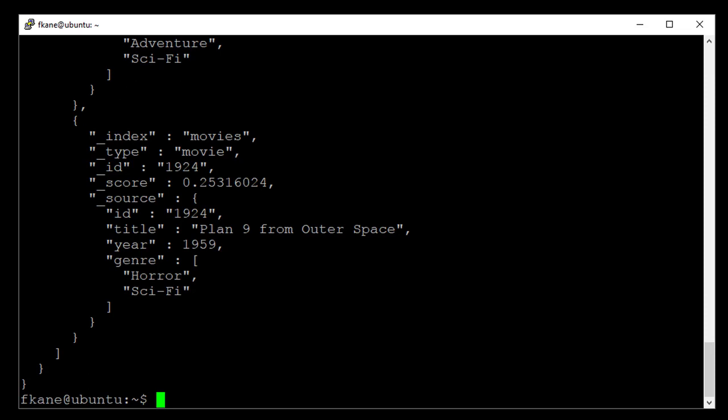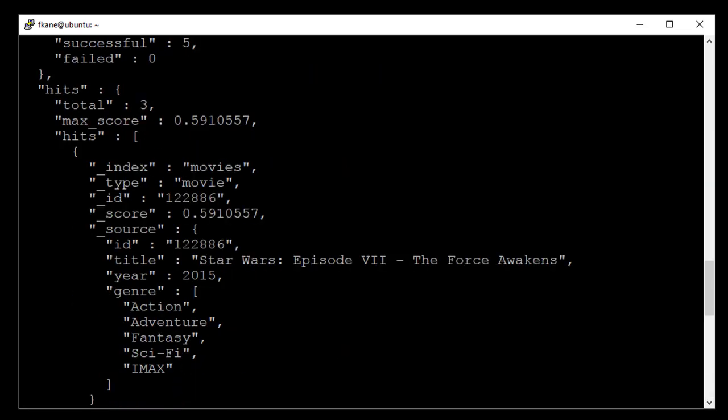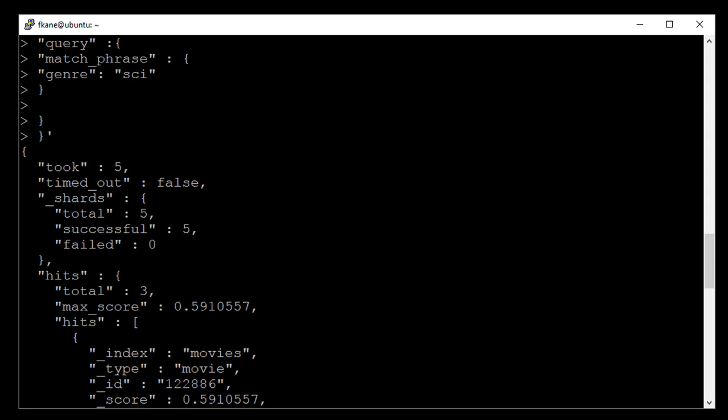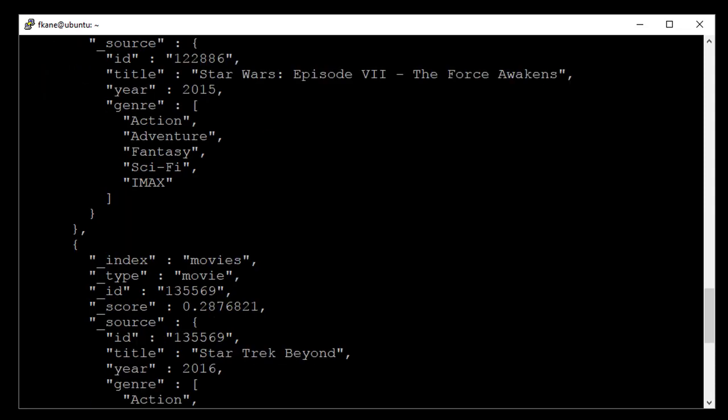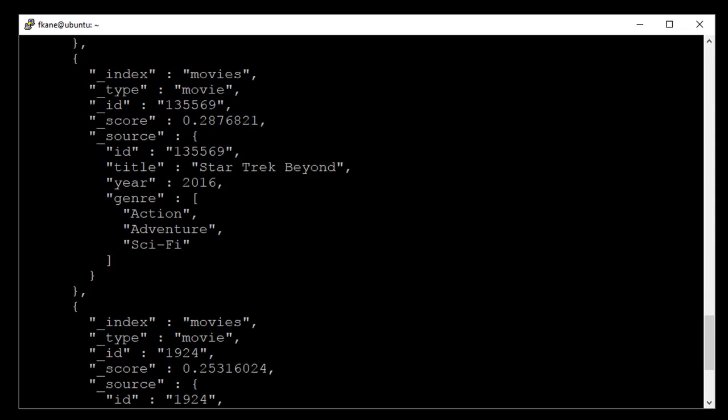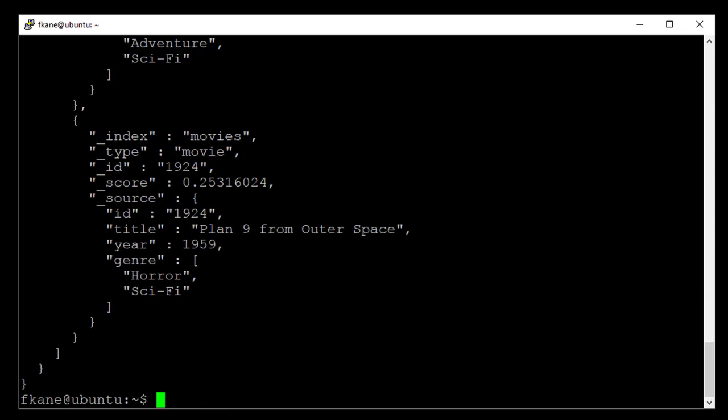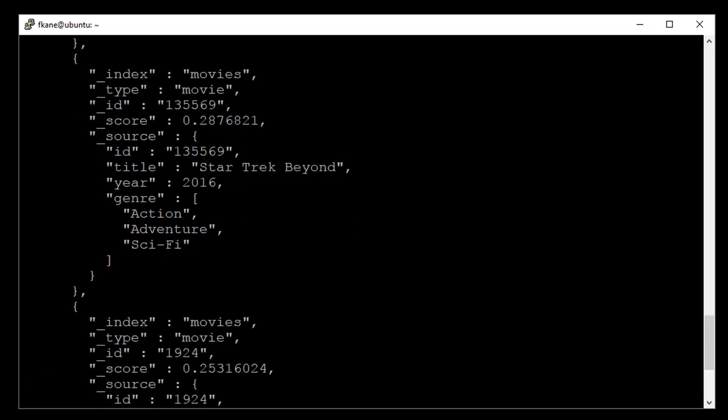But in fact, it gave me back sci-fi movies, even though I only said sci and I wanted a phrase search. Again, it's because the default analyzer is being used for the genre field. So even though I'm saying match phrase, it's splitting those up into individual search terms in the inverted index. So it doesn't matter. Even though I'm trying to search for the phrase sci, sci itself is being treated as a phrase, and that itself is being used as part of a search term search. So because the phrase, quote unquote, sci exists within sci-fi, these are all coming back as valid responses,